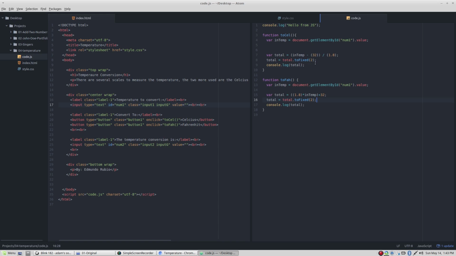Now we need to tell the computer that we want to put the result right there. The way that we're going to be doing that is going to be by document.getElementById, open and close parentheses,